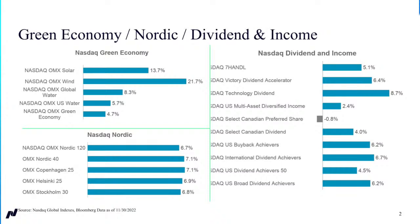You see stellar outperformance from the Nasdaq OMX Wind Index, up 21%, and the Nasdaq OMX Solar Index, up 13.7%. All other indexes in the suite finished the month with single-digit gains. What's worth noting is that the wind index and the solar index had a stellar month as solar and wind deployments have gained significant momentum. And with President Joe Biden calling for a carbon-free power sector by 2035, there's expected to be significant tailwinds for